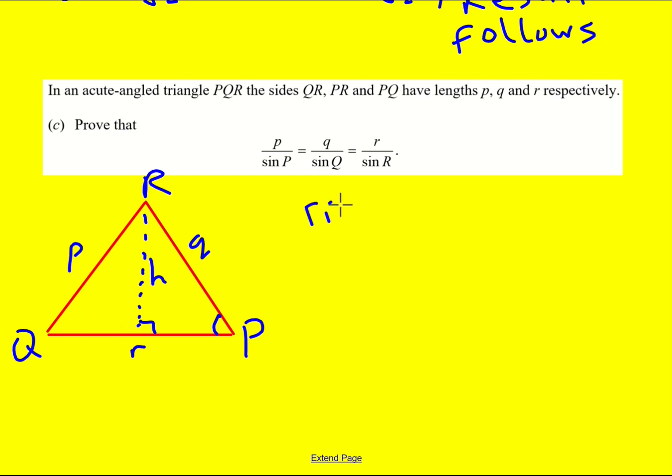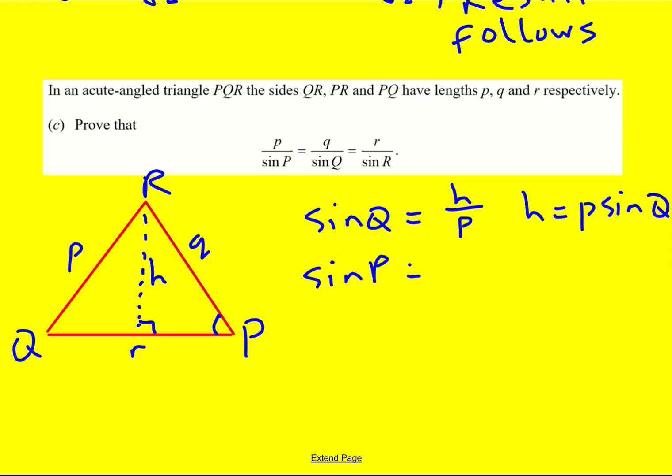So I can write down that sine Q is opposite over hypotenuse, h over p. That means h is equal to p sine Q. And then I can write down that sine capital P is h over little q, because it's the opposite over the hypotenuse. And that means that h is equal to q